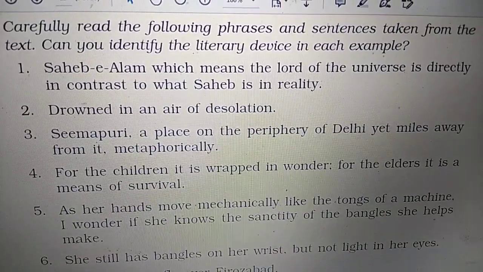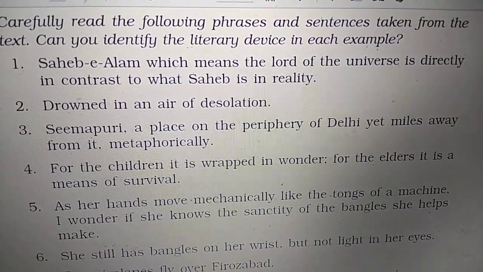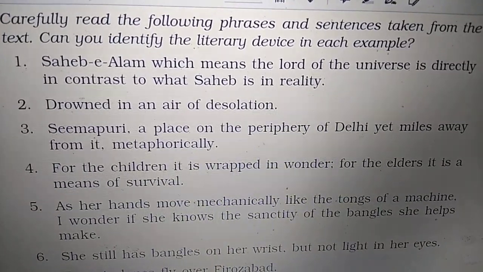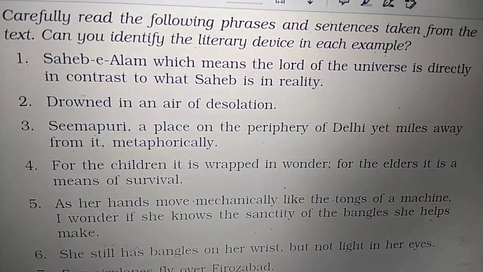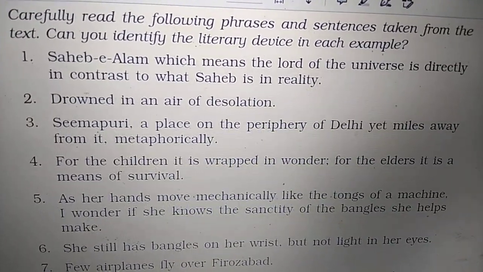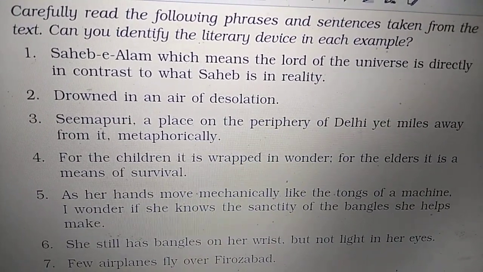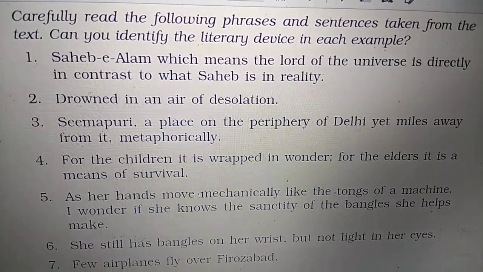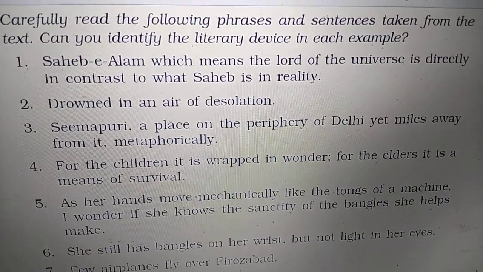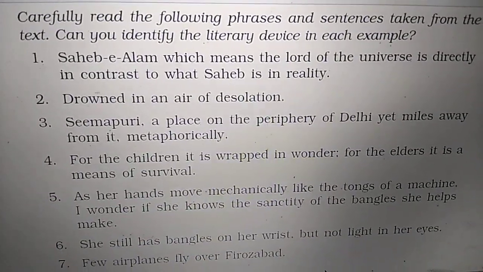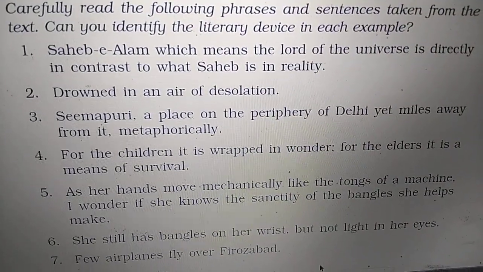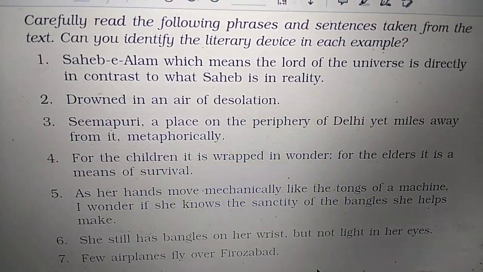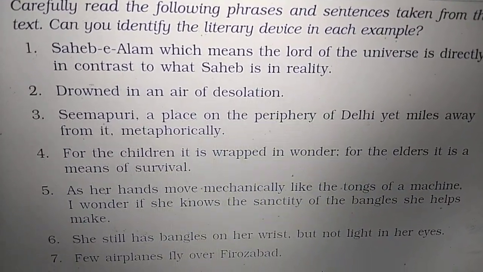Here, the author described the two boys, Mukesh and Sahibe Alam. And also, she highlighted that even today in our society, child labor is being increased by the people, and also because they are not given the proper support by the government. So they are forced to live such kind of life in their homes. Okay, children. Now the question answer you will do on your own.